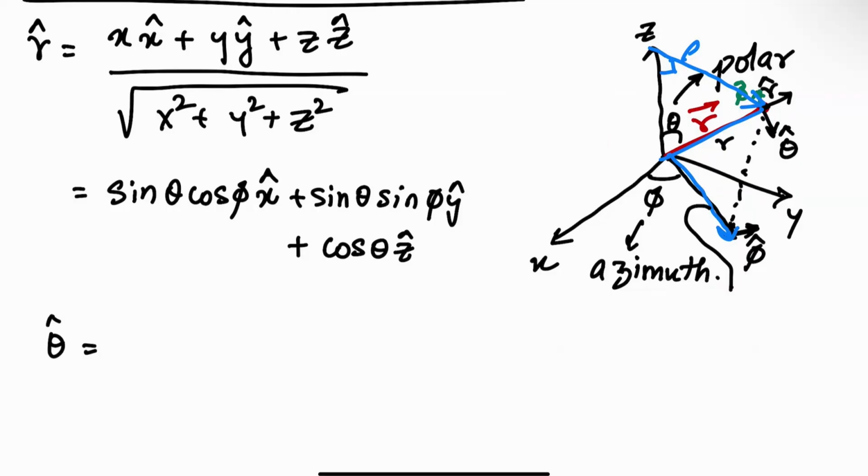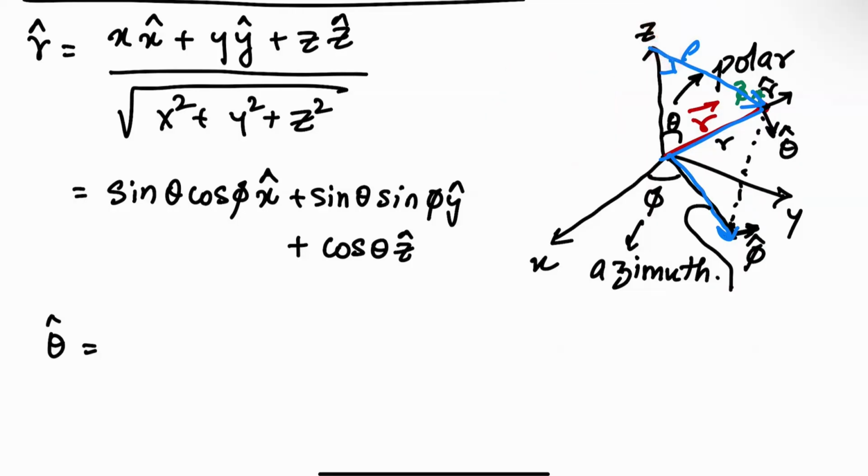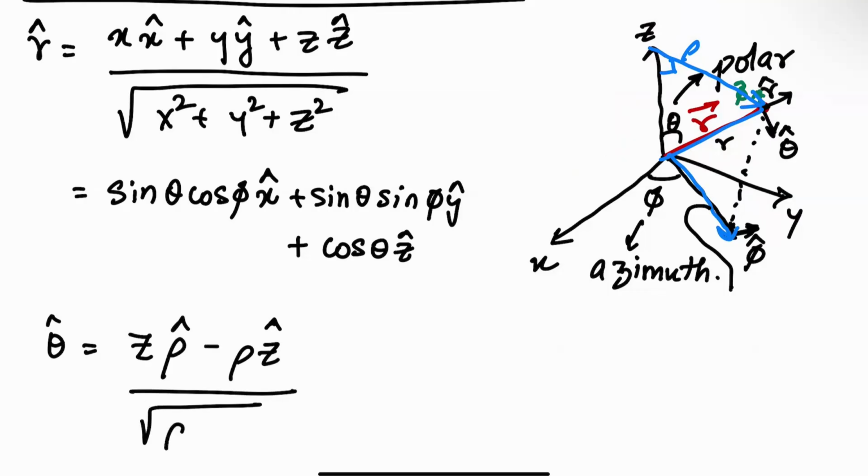So when you're getting closer and closer along rho, this point is there. I'm looking at it from above. So when I look from down here, this is what I see, right? Your theta points along rho hat basically. So that gives us a clue that it should look something like this. And again, obviously, we want to normalize this,